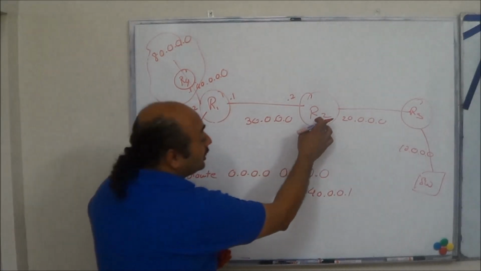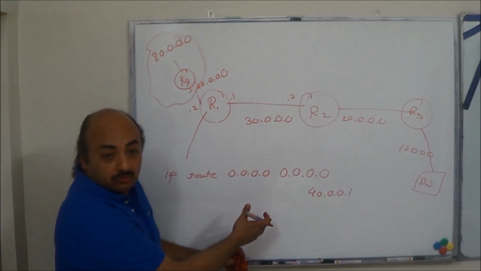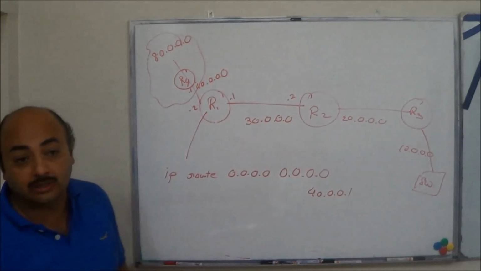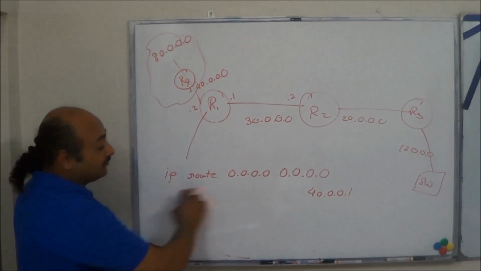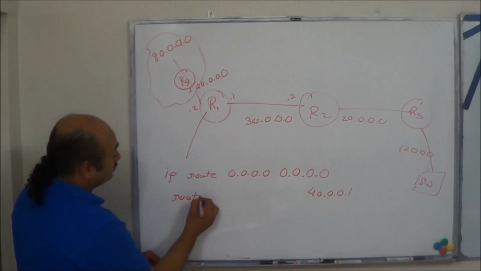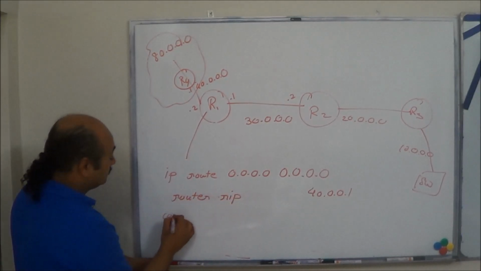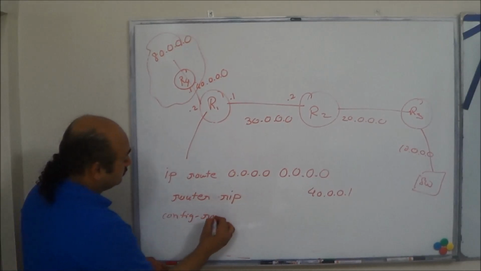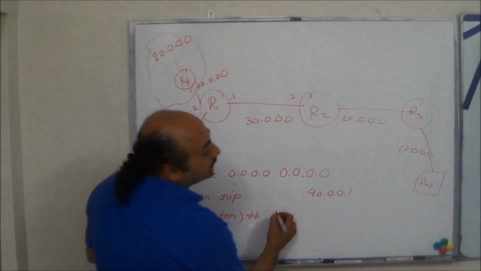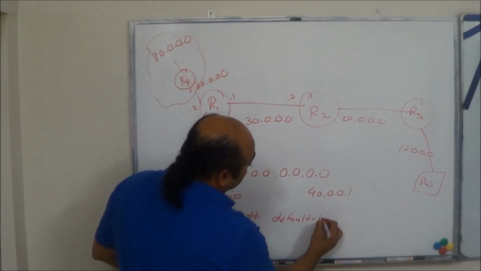But now, do I go ahead and configure the static route or the default route on R2 also, and on this also? No, I don't do that. What I do is I simply go on R1. I have configured this, right? I go to the RIP router configuration, and then I use the default-information originate command.